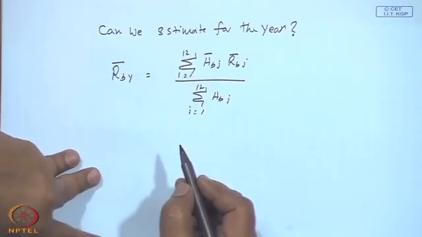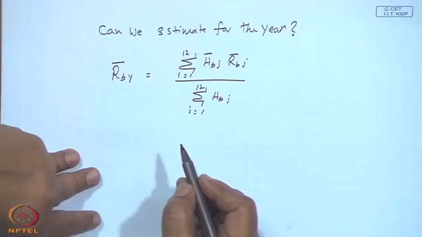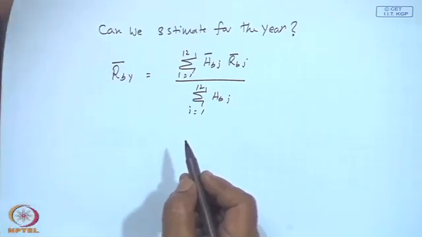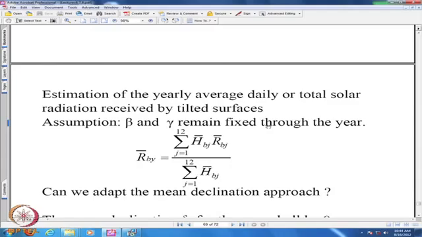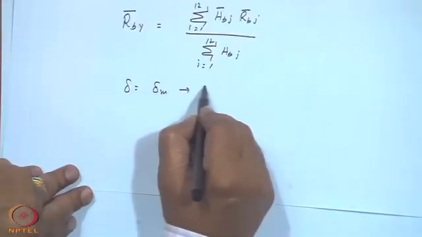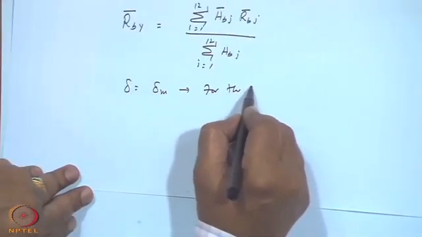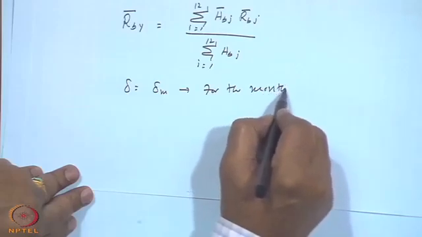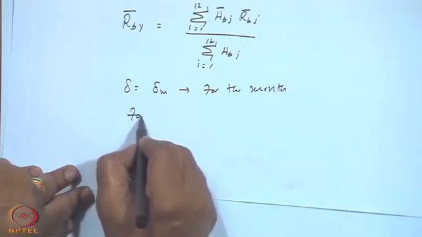Just like we have extended I B R B by I B for R B bar and H B R B by H B for R B bar month, for the year I am satisfied with the monthly average values, or one can construct it right up to hourly values. Now, can we be encouraged? We used delta is equal to delta m for the month. For the year,